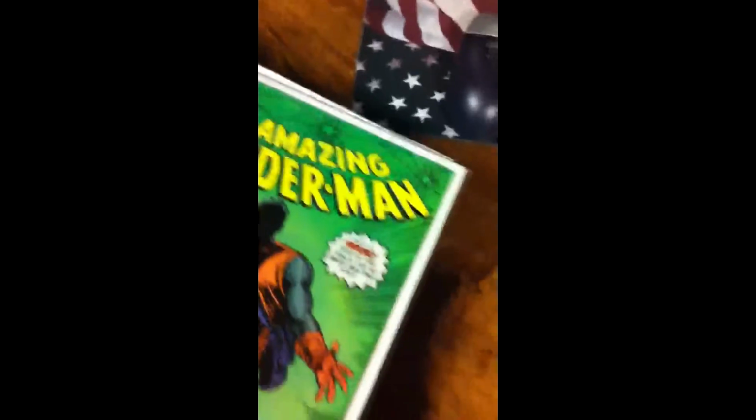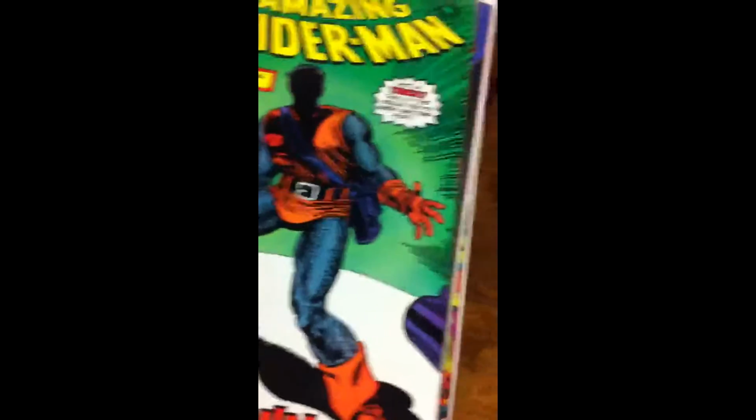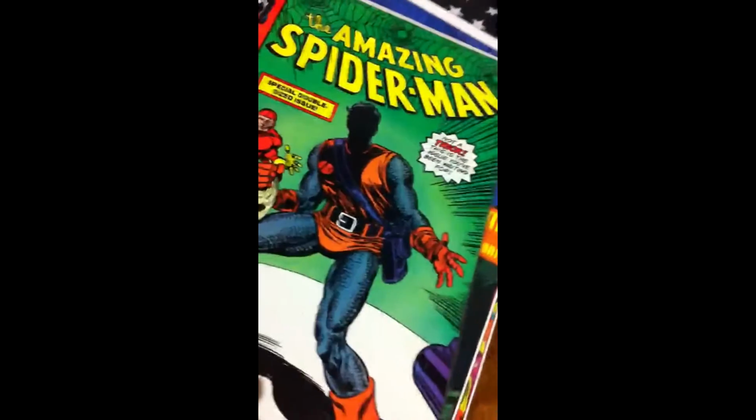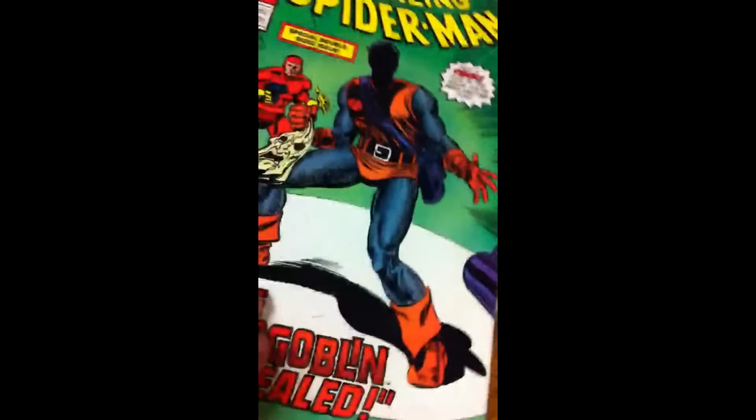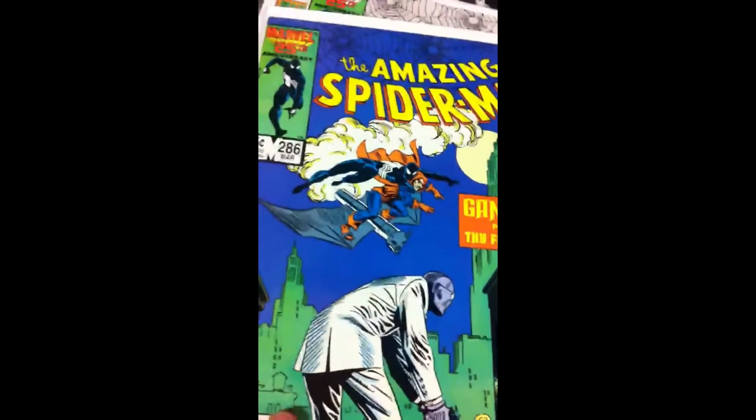Try to get this a little faster. Already 10 minutes in, and I still have a lot of books. 289. Call it my Mylar condition. 289 again. This is in pretty bad condition. This is the apparent unmasking and leading to the apparent death of the apparent Hobgoblin. 289, 286,